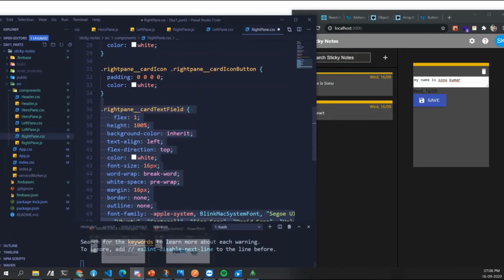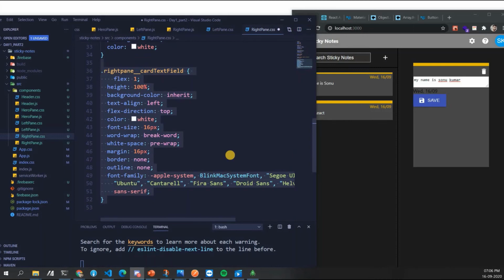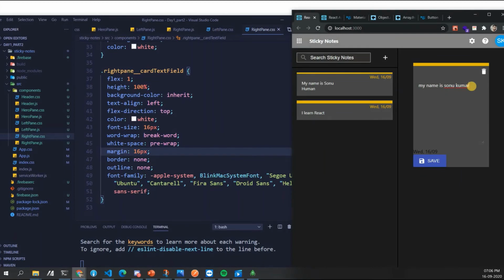Copy from Discord, guys. If I explain CSS every time, we'll only learn CSS, nothing else. Okay, so let's just go ahead and save this. See, it came like this now. But now if I write, I won't be able to write. So I'll tell you how to do that later.